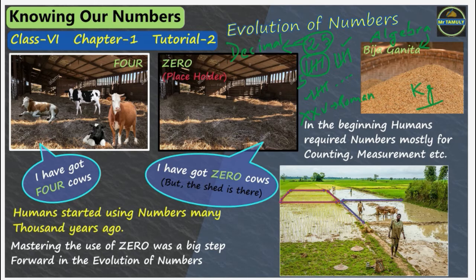People started using symbols for the purpose of counting, and as they encountered more and more difficult problems of counting, ultimately they devised the decimal number system, which is an absolutely flawless system of numerating. As I have told you, with the decimal number system, you can write very large numbers quite conveniently.